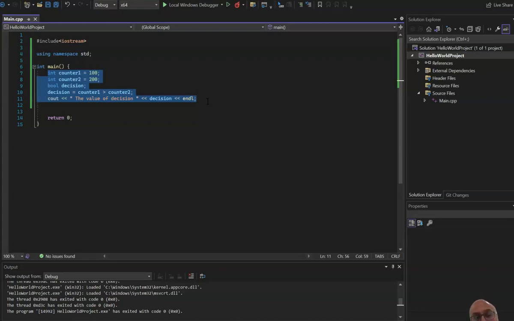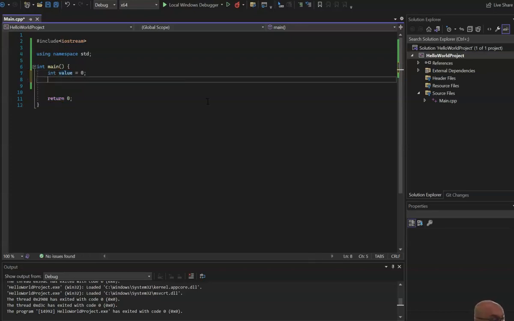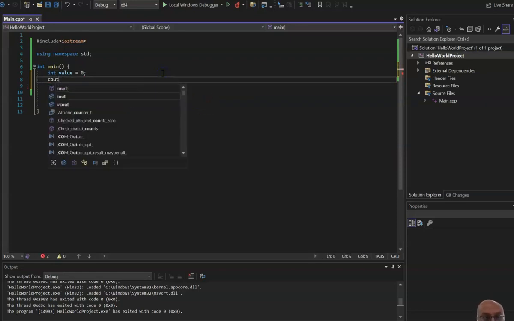I can do some other code. For example, I'm gonna have an int value and we're gonna use something called an if condition. Okay, int value equal to 0 and cin value. So we're gonna put the value in with cin. Okay, so I'm gonna cout